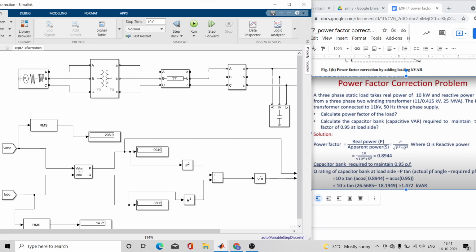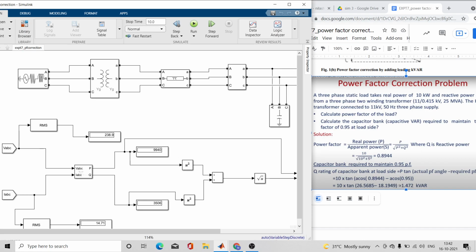So here, for calculating the power factor, you have to divide your real power by apparent power. So how can you get the real power? First of all, this is the important block. You will get this block from the library browser. You have to go to measurements and find this block. This is the instantaneous power block, and the input to this power block is from this VI measurement. So we will take the labels from this, and after getting the real power and reactive power, we will just do this simple thing.